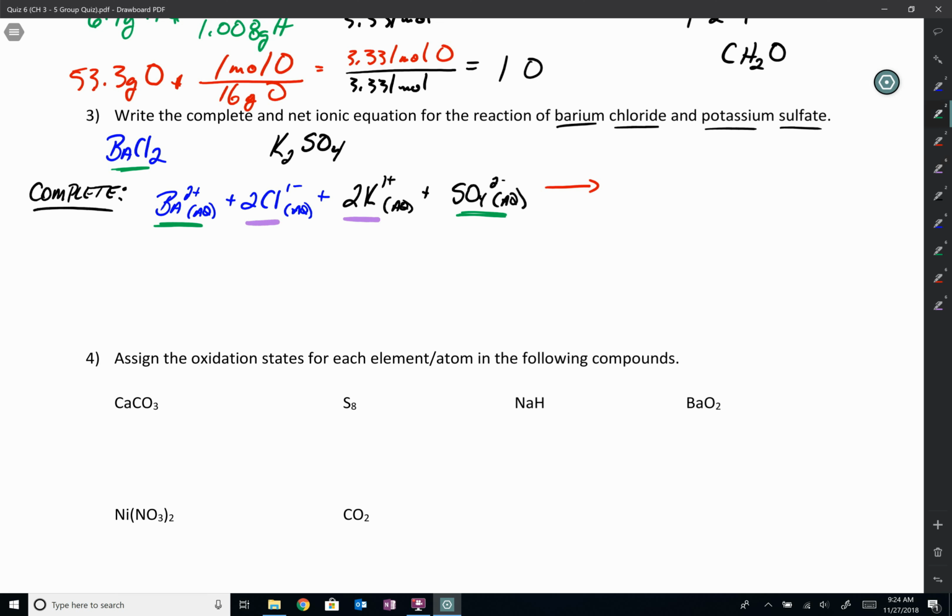So barium sulfate, right? I'm going to put a little dot here, right? Let's do that in red just to kind of remain consistent, right? I'm just going to put a little dotted line. So barium and sulfate comes together,